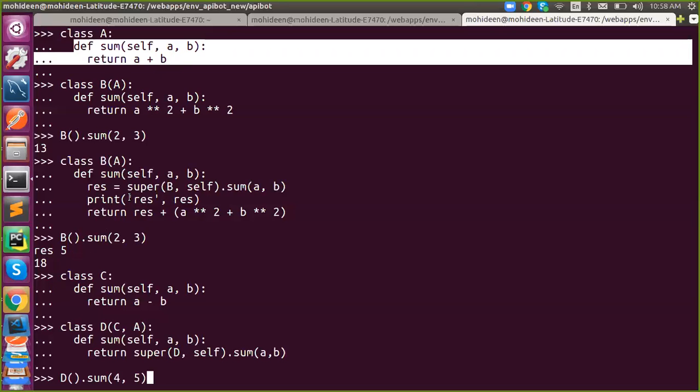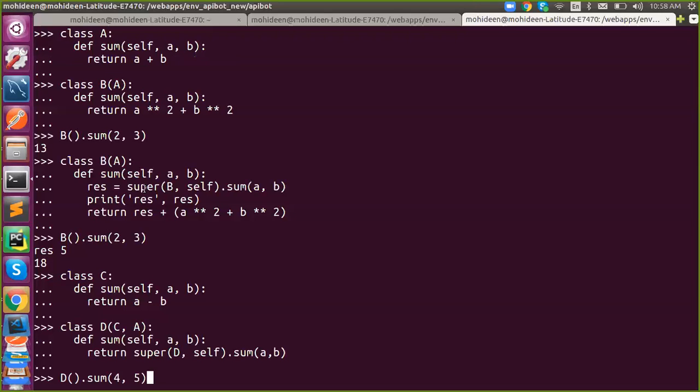So here, what happened? When I instantiate and call this method, this is going to execute, right? Before that, the superclass was executed, and I've stored my result. With the help of result, I'm doing my own calculation. That is this one. We all know this will return 13, so 13 plus 5, I'm getting 18.